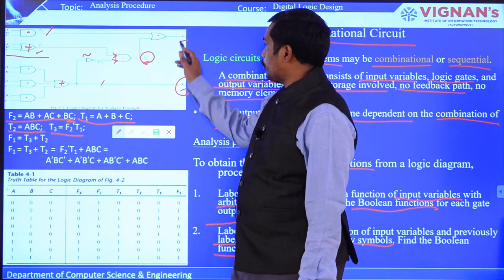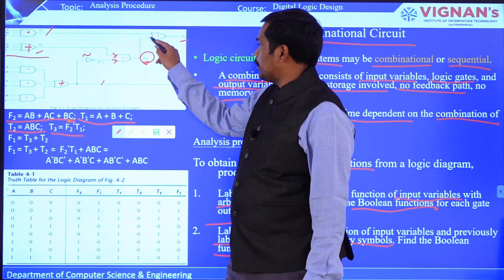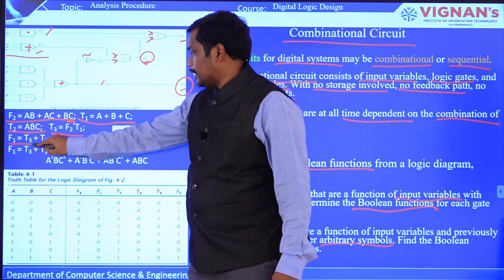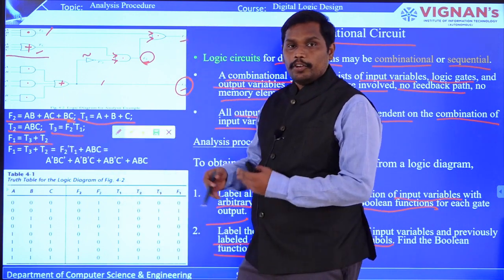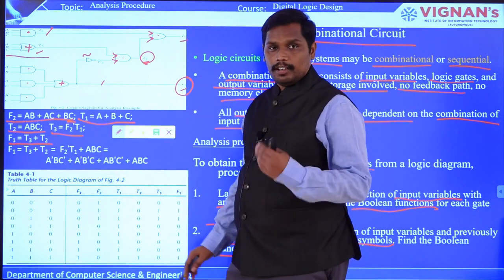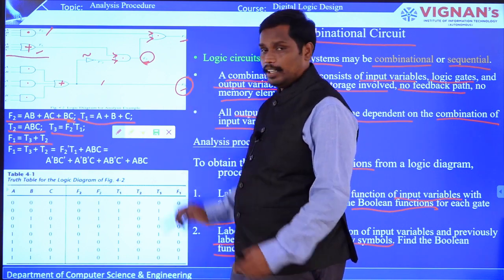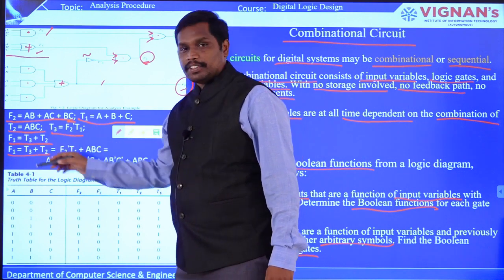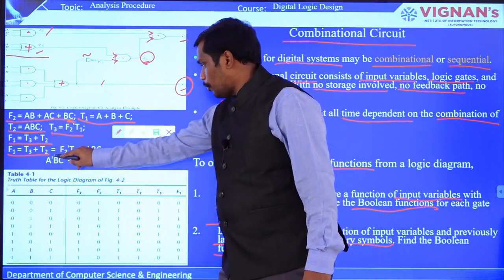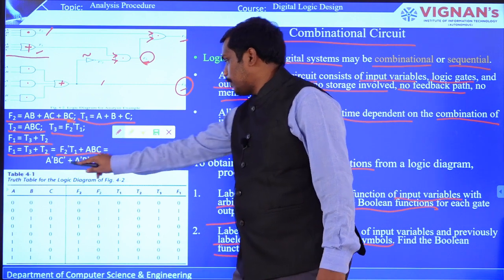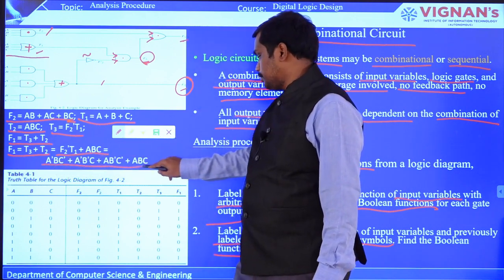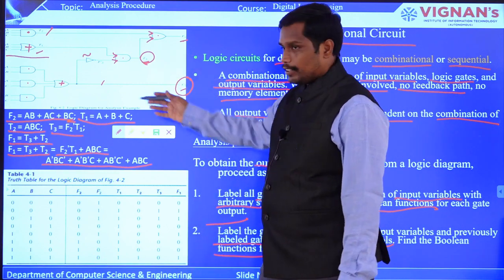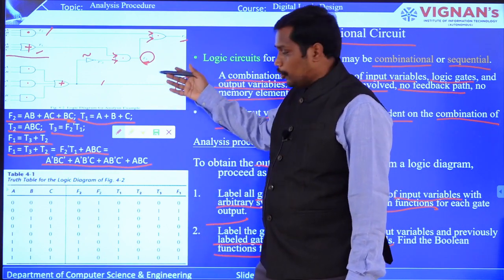And finally you are going to get F1. T3 is given as an input, as well as T2. So now you can write F1 as T3 plus T2. That is how you are going to extract the final Boolean expression for F1. So now you see F1 is T3 plus T2, and you can represent T3 and T2 in the following figures, and finally you can extract the expression for F1.